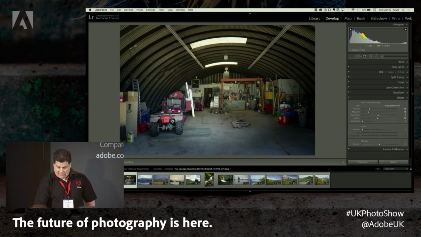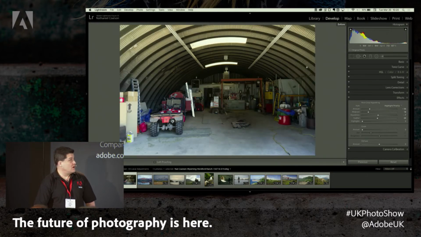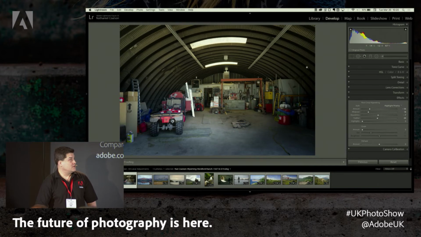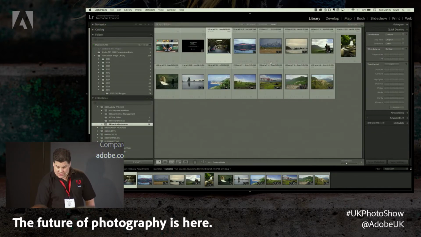So I can toggle between a before and after view using the \ key, or there is a before and after button down here on the toolbar. So here's before and after. So you can see that with a couple of basic adjustments, we've essentially inverted the tonal range of this picture. Okay? So another one of the develop adjustments that isn't technically a